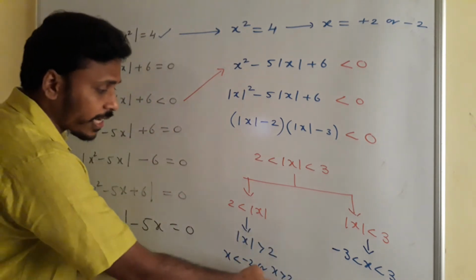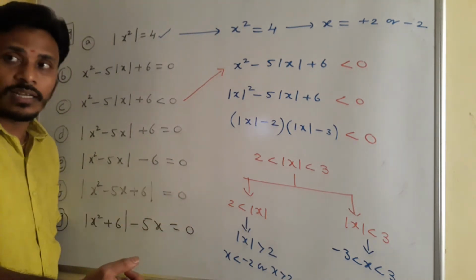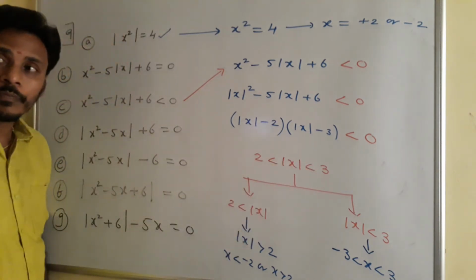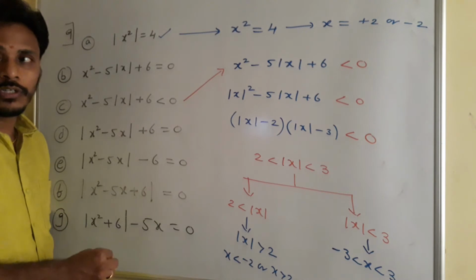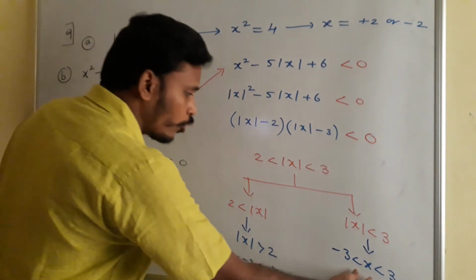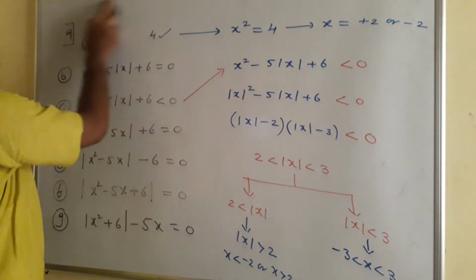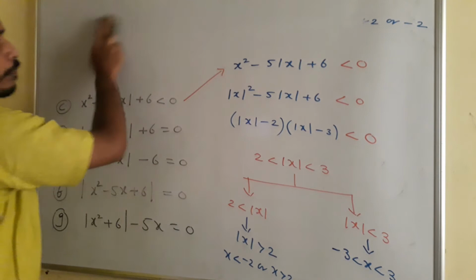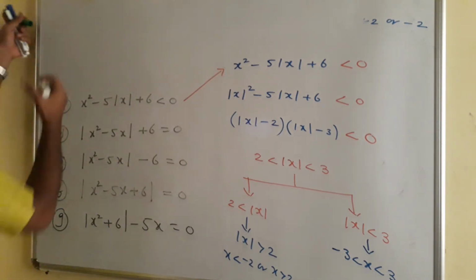Here I have x greater than 2. Suppose you take a number 5, clearly greater than 2, and that 5 won't satisfy the other condition. That's why we need to choose the common solutions. These are the solutions in the sub cases, but the final solution for that problem I will give you here. For the space concern I am erasing those two, and we are discussing the ninth one.